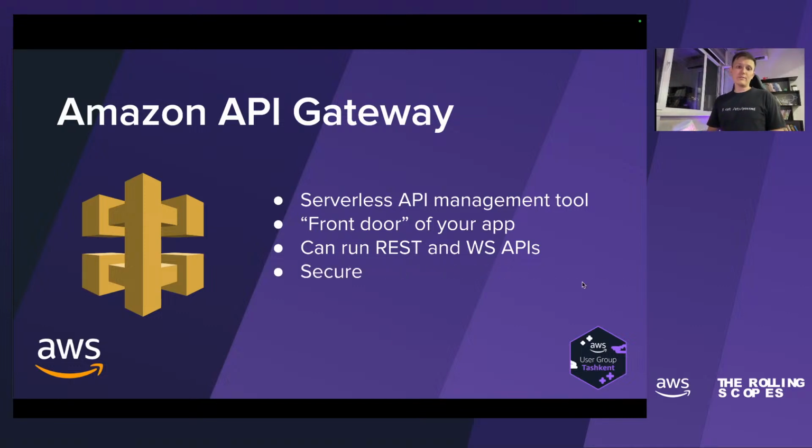Yes, and Amazon API Gateway is quite secure because all the security infrastructure is managed and maintained by Amazon. All that you have to care about is authentication and authorization, and you may use a variety of ways to secure your application, to establish authentication. For instance, you can use the Amazon Cognito service, which is also a serverless service which could be used for authentication, or you can write your own Lambda authorizer.